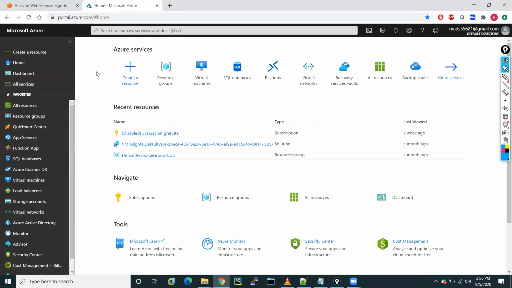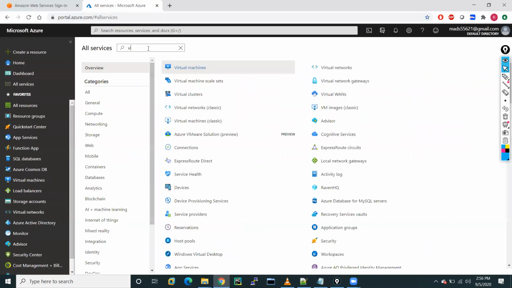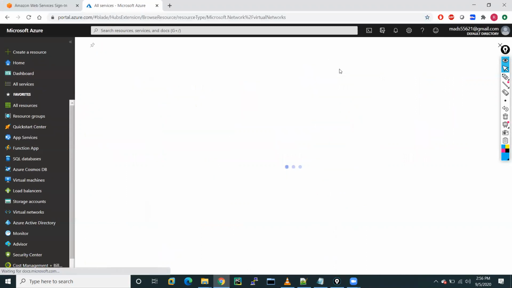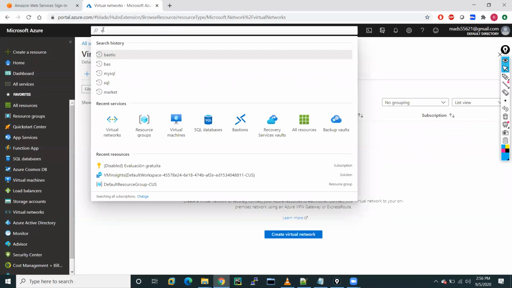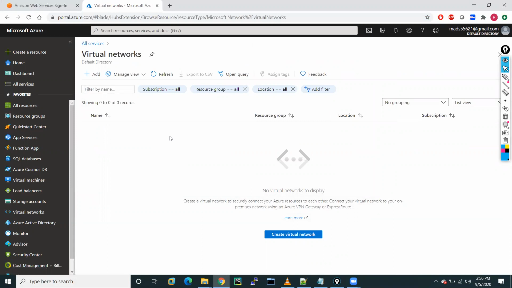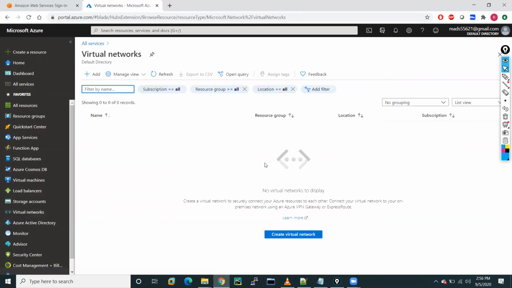So if you want to create the resource group, either you can click on All services. Here you can search for virtual network. So this will be this option, virtual network. You can also search in that place. Here you will also get this virtual network. So there are 2-3 places from which you can reach there. Generally I have selected this as a favorite, so I will show this virtual network tab here. This is the virtual network. So I am not having any virtual networks.